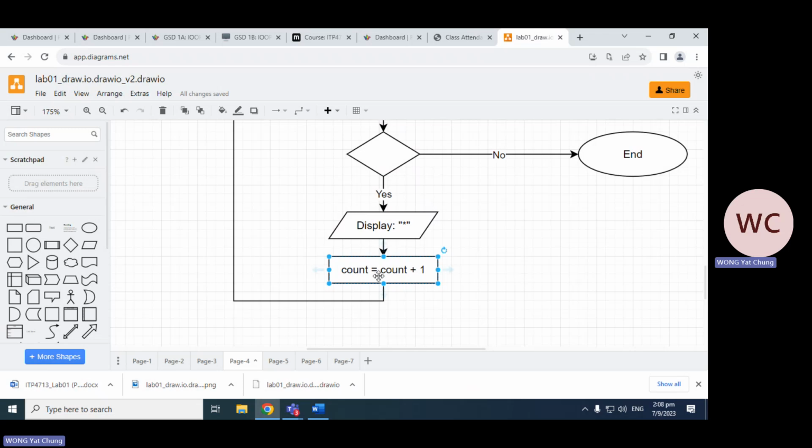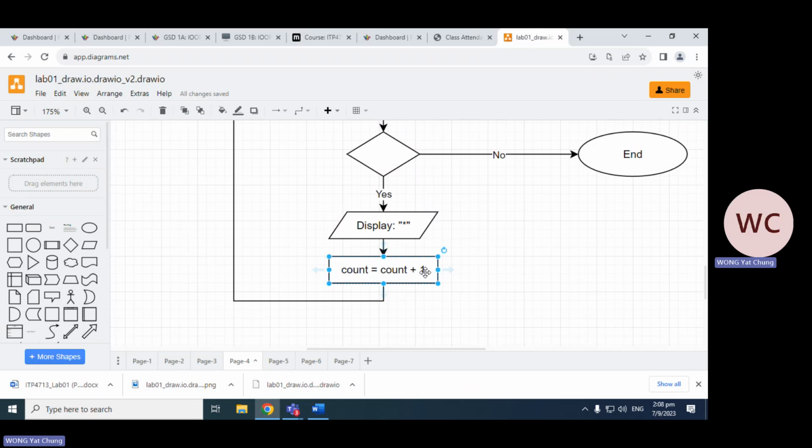Also, the equal sign is evaluated from right to left, which means that for this expression, count plus 1 will be